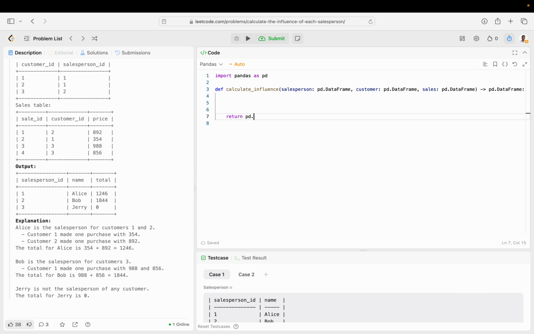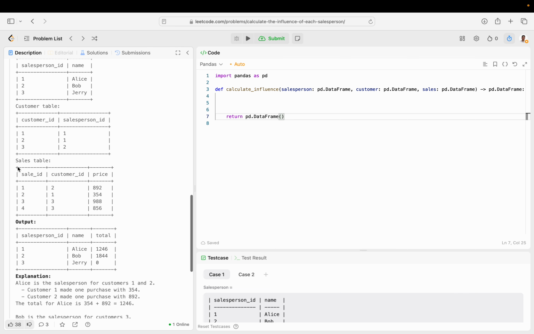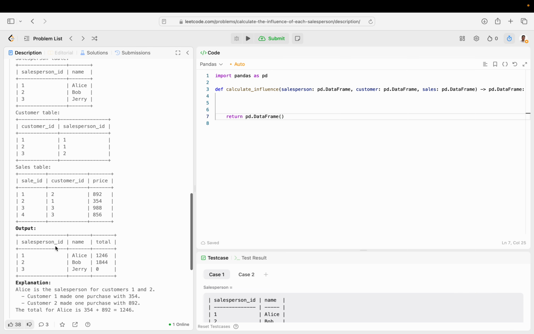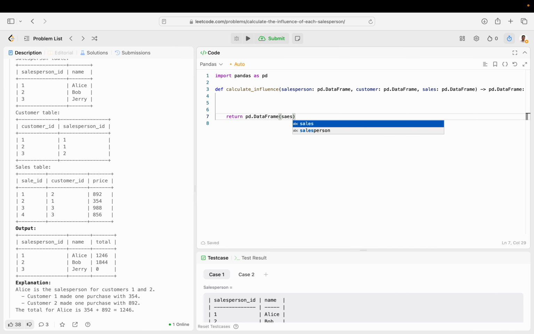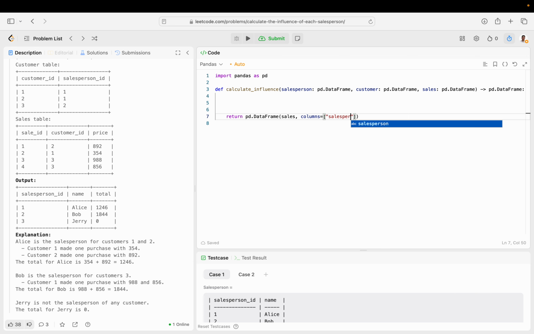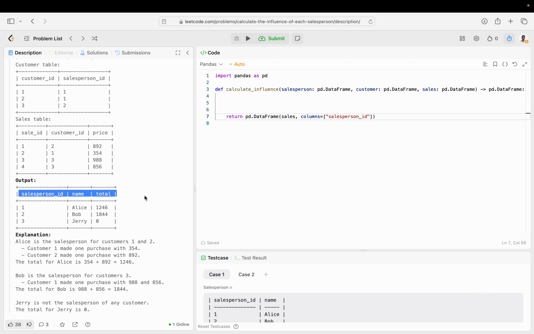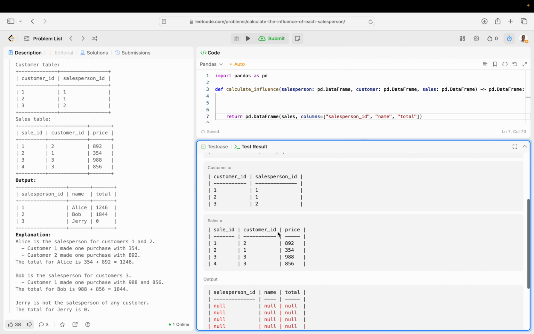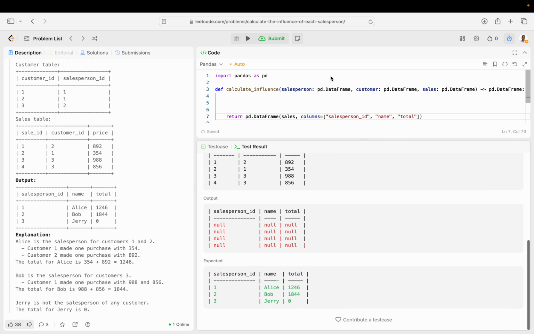So return pd.DataFrame. Let's use the sales table because that looks most like what we need. So let's call this sales, comma, the columns are just going to be equal to salesperson ID, name, and total. Just run this. Not going to be right, but at least we have the blueprint. So now we need to